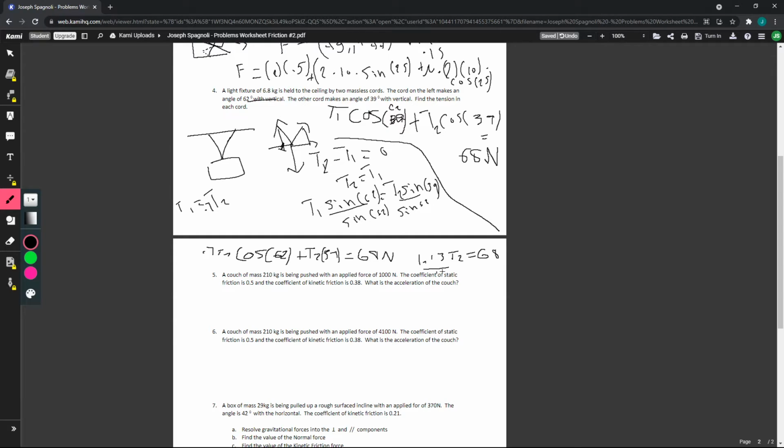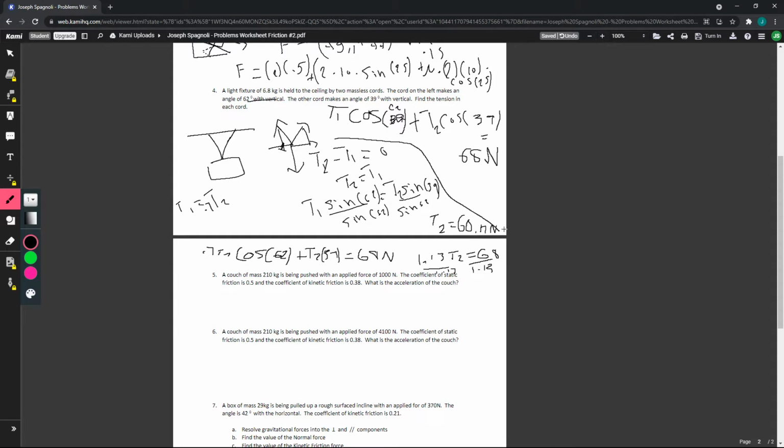So we divide both sides by that, and we get our total is 68 divided by 1.13. So that means our force in T2 is equal to